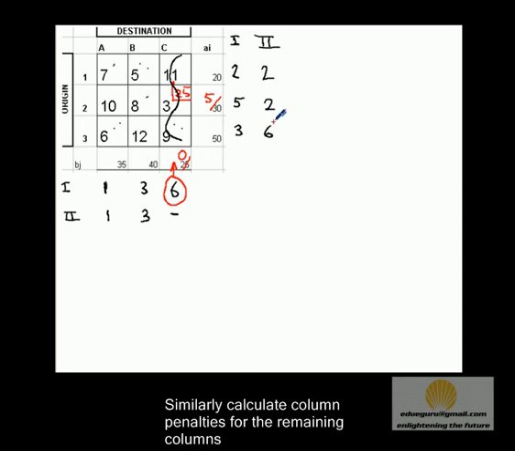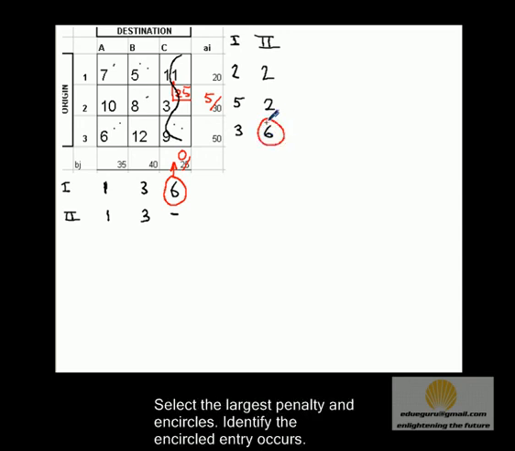Now the highest among all the penalties is 6 here. We'll encircle the 6 and put a pointer towards the row, and identify the least cost, which is 6 here. Put the maximum quantity which can be exhausted from this particular cell, which is 35. We'll put 35. We have 0 in the column and 15 in the row side. Since the demand is completely exhausted, we will strike out this column also.